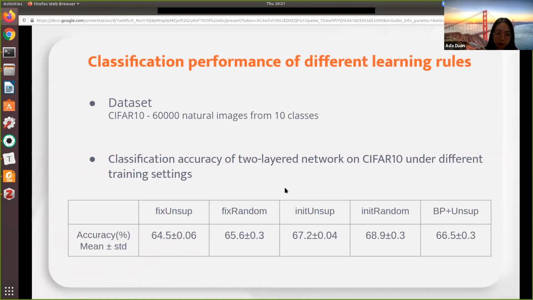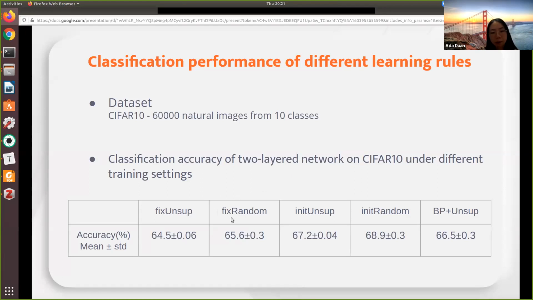So we test the performance of these different learning rules in a two-layer network on CIFAR-10. The first layer is a convolutional layer, and it has 5 different settings. The first, fixed unsup, is we train the weights fully using the unsupervised learning rule. Then we fix the receptive fields and only train the readout layer.